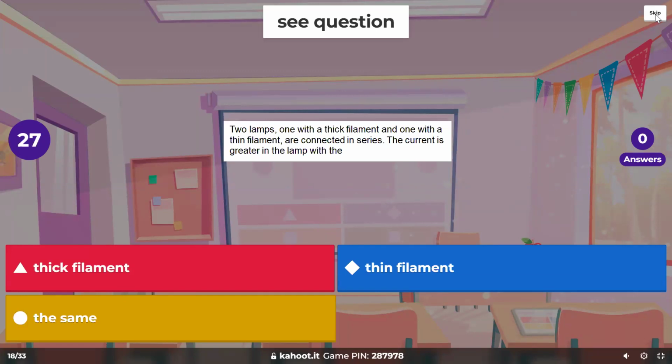Two lamps got thick filament, thin filament. So think low resistance and high resistance. Connected in series, the current is greater in the lamp with